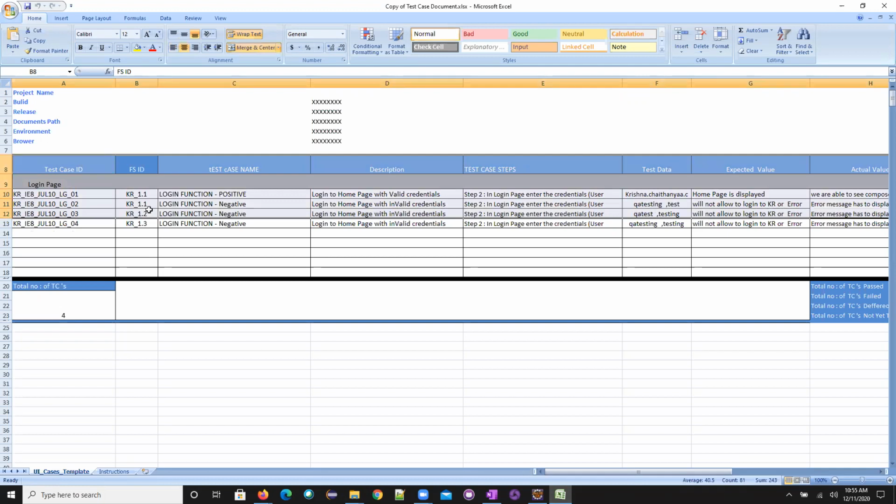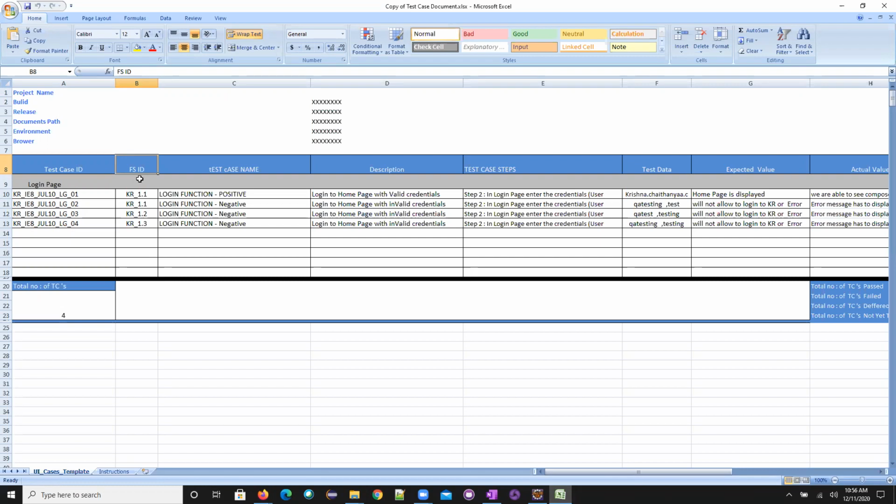FS. Functional specification. Yes, functional spec or BRS, business requirement specification. Like this, we used to have it in our olden days, but now we have Jira user stories and all these things. So this is a functional specification, which would be written by the business analyst. He will reach out to the client, gather the requirements and prepare a business requirement document. So that is a functional spec, or we'll call it a spec.